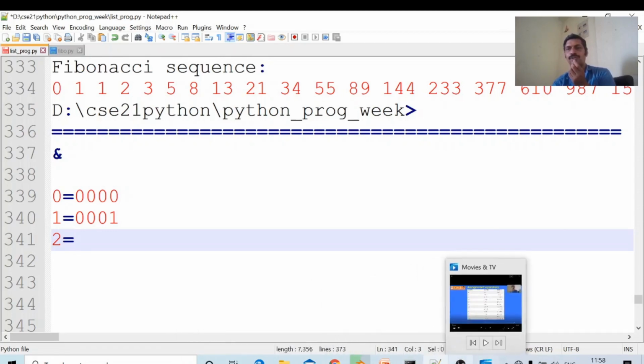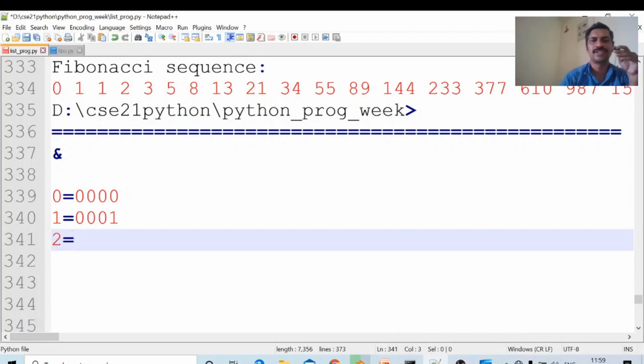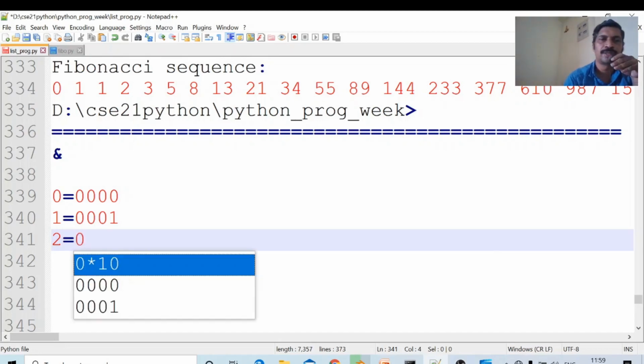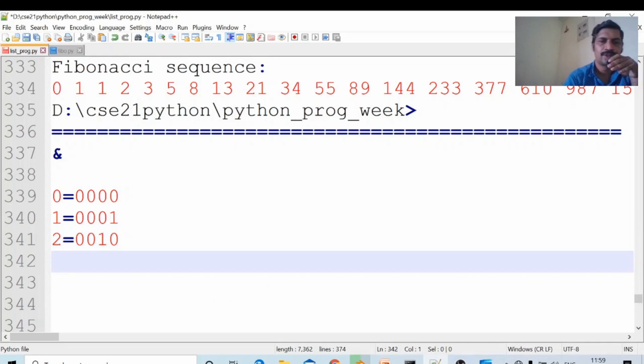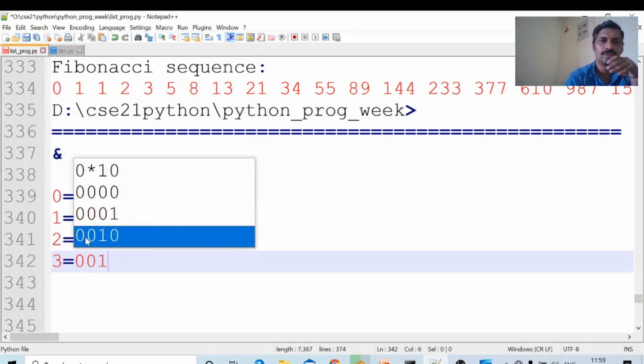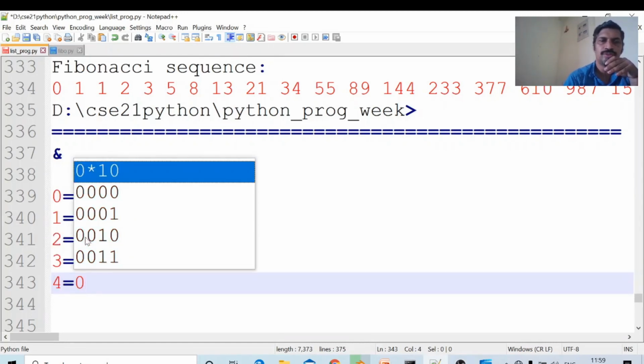How to convert a number to binary? Okay, this is the topic. Just go through binary to decimal, decimal to binary. What is the corresponding number? 2 equals 0010. 3 equals 0011. 4 equals 0100.